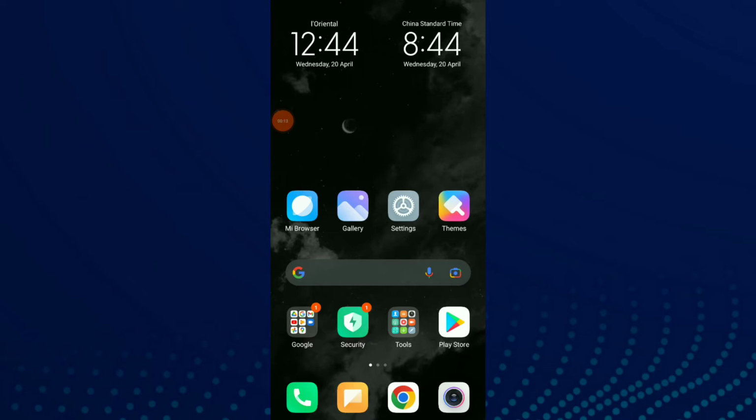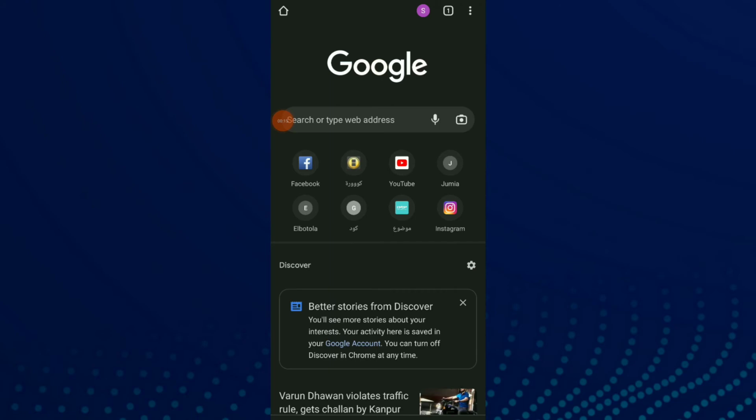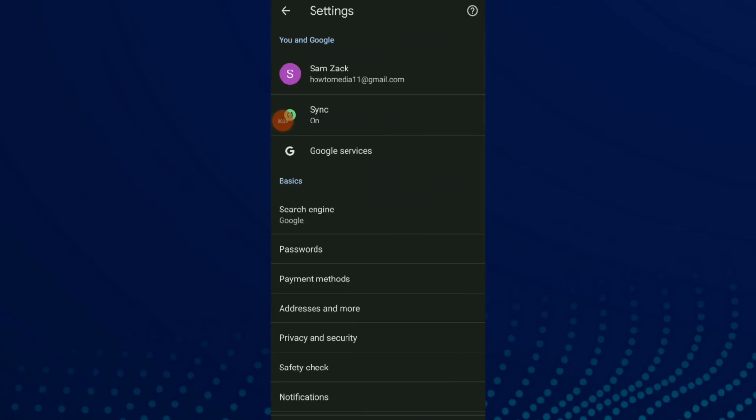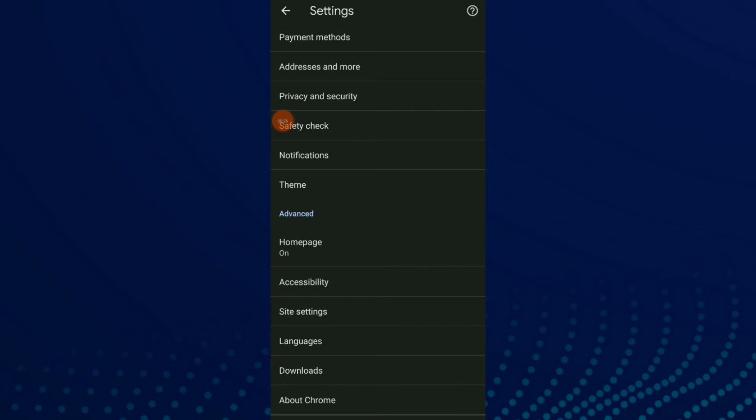First thing, go to your Google Chrome. Now click on those 3 points up there and click on settings. Scroll down and click on site settings